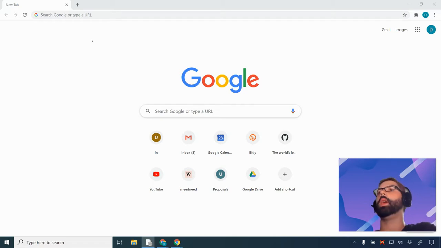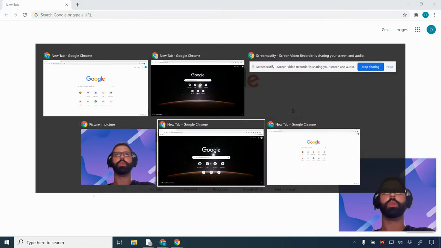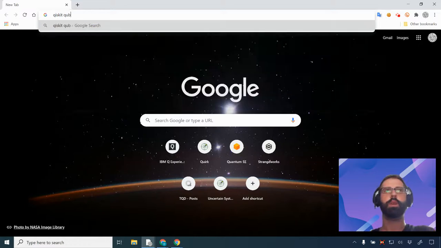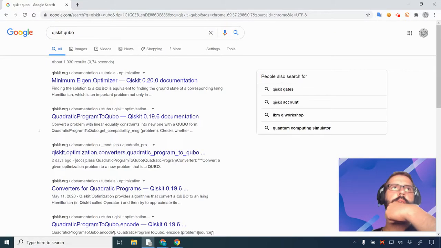a QUBO, and Qiskit. Apparently, Qiskit can also solve QUBOs. So IBM or Qiskit, QUBO. Apparently, it can also do these. Okay, so